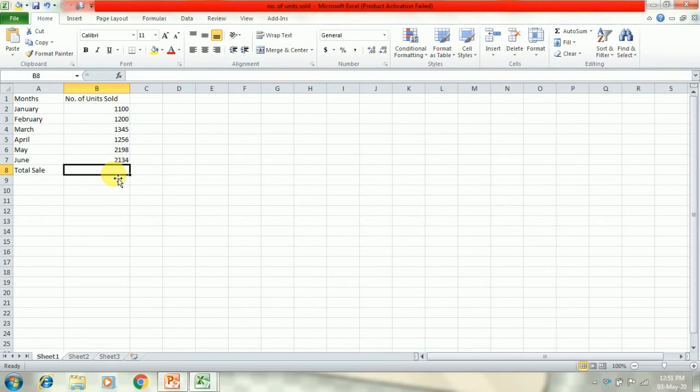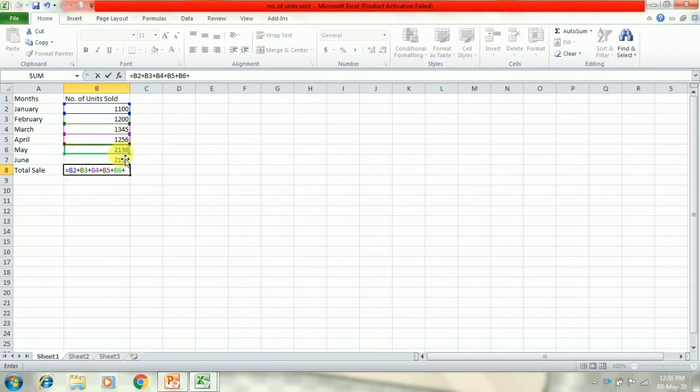For typing the formula, first type equals to sign, then select the cell B2, then type plus symbol, select B3 and again type plus symbol, then select B4 cell and repeat the process up to cell B7.